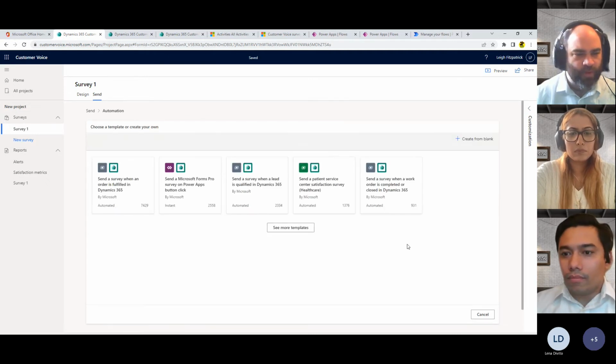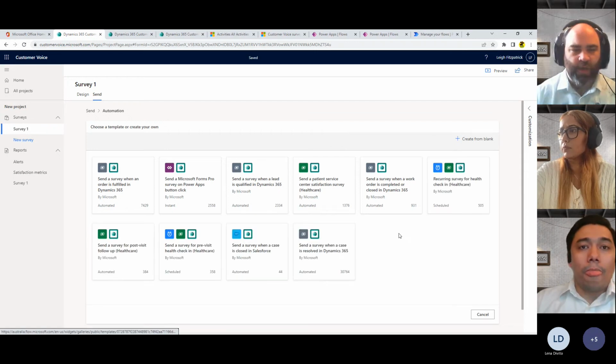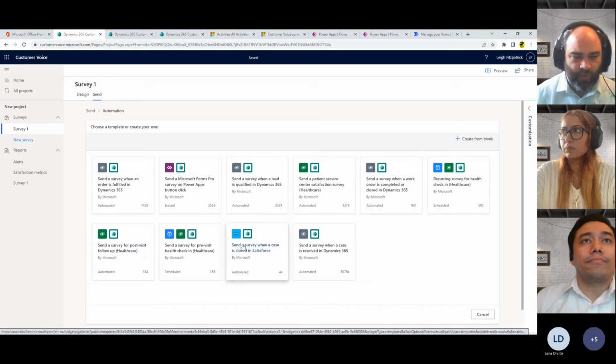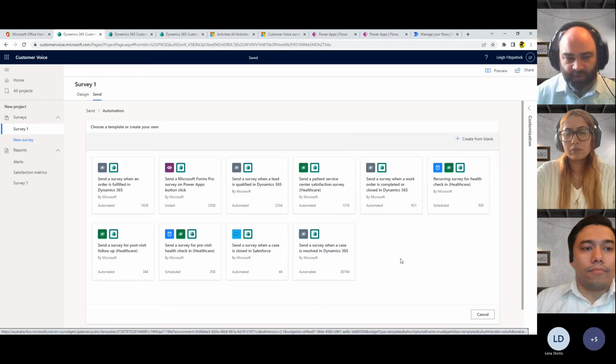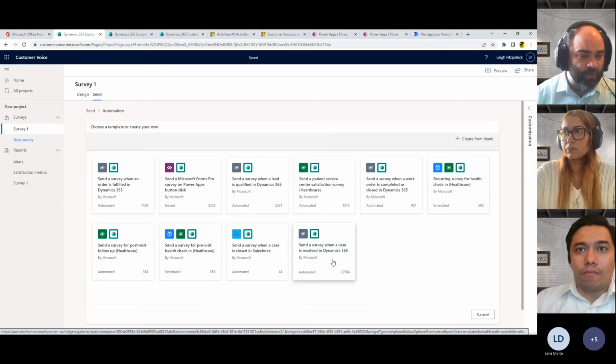Now, Microsoft has generated a number of templates by default. So if I click here and click see more templates, you can see we have the array here. All of these are out of the box and will pretty much work straight on as soon as you use them. We're going to be using the most popular one here of sending a survey when a case is resolved. So if I click on that one,